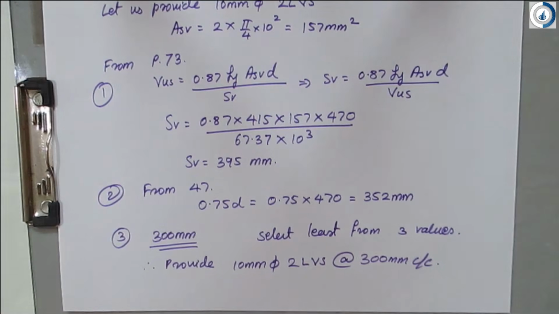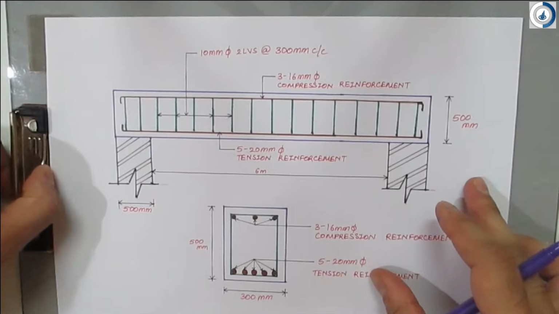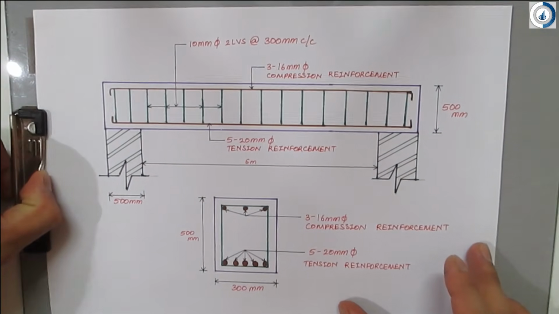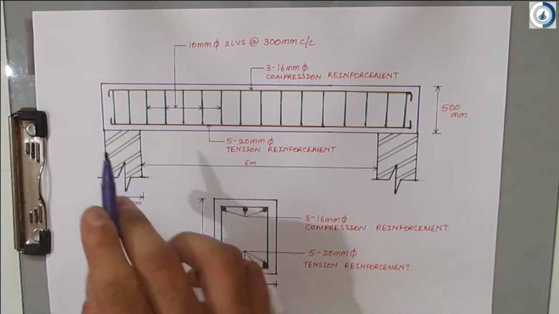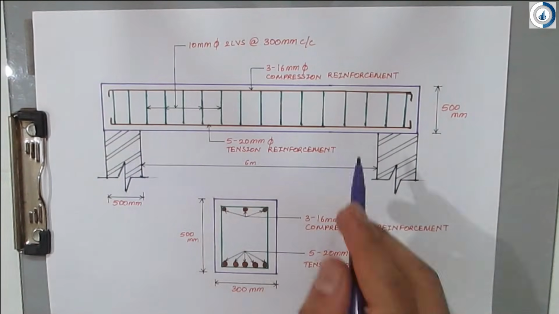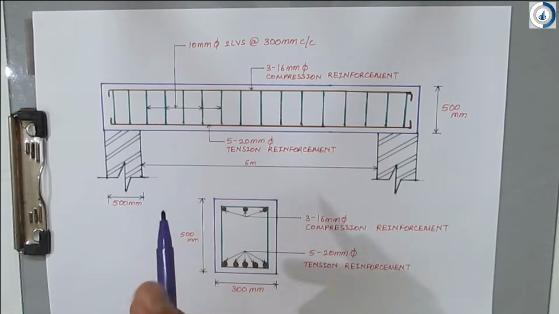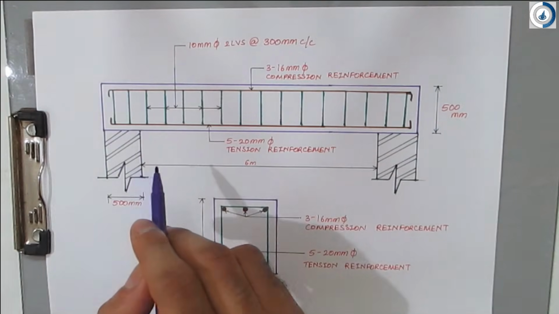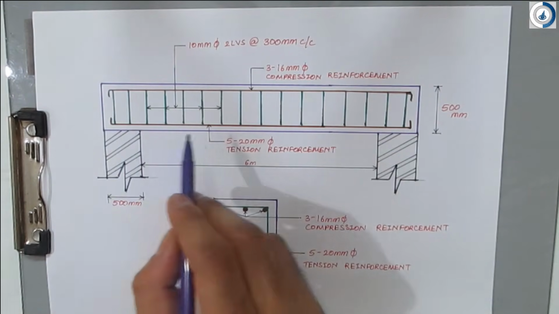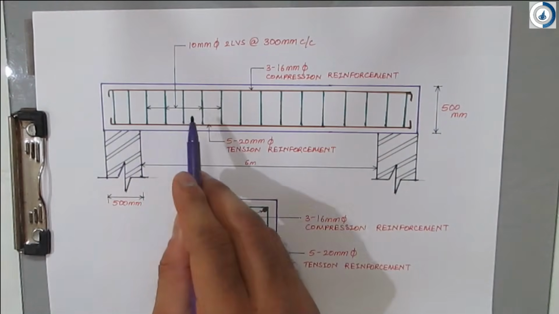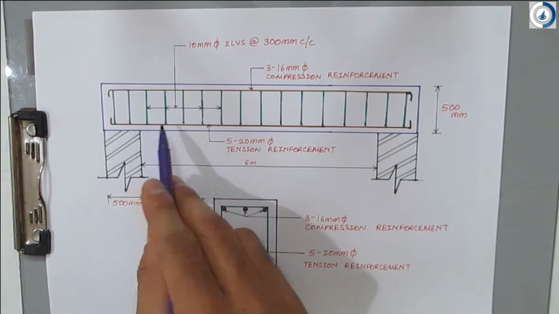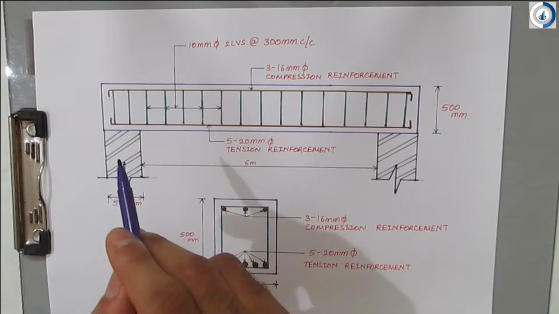So this is how you have to calculate the shear. Okay, shear calculations. So this is the complete picture of how to provide the reinforcement. This is your beam, and this is the cross section. Anywhere you can cut and you can see, because we are not decreasing the spacing of stirrups. We know that the shear will be maximum at the support. So what you can do is provide less spacing here, and gradually increase up to 300. 300 is the maximum spacing. You can decrease near the supports depending upon your design.